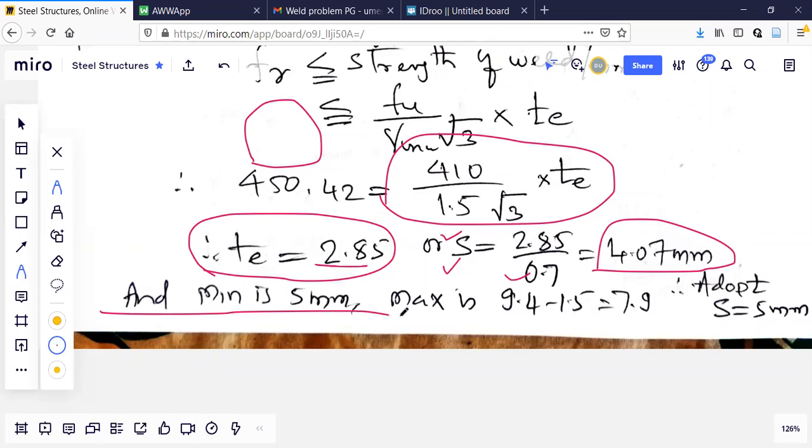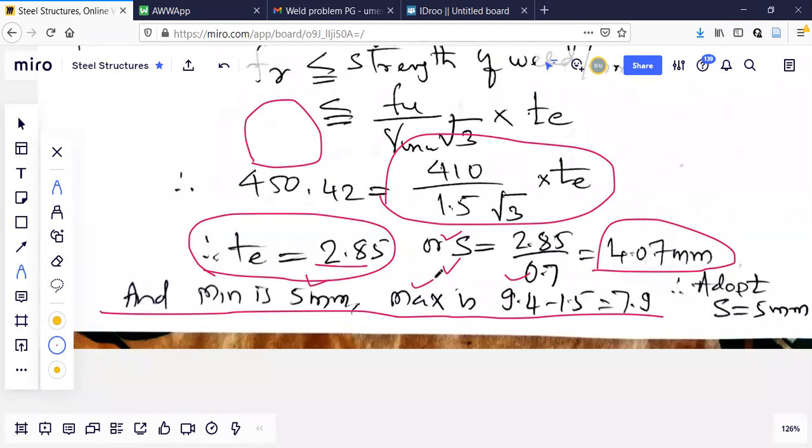This condition you have to be careful about, because these are all codified. It is already there in the code. Whenever something is discussed in the code, a lot of experiments must have been done. The code book comes out after a series of experiments over many years. Only then can it enter the code book, because it is like a legal document. So here you can see this minimum is for such connections. Minimum should be 5 mm.